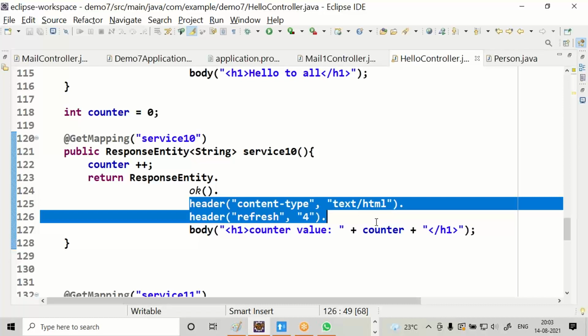Headers are mainly for giving an instruction to the browser, telling something about the response to the browser.